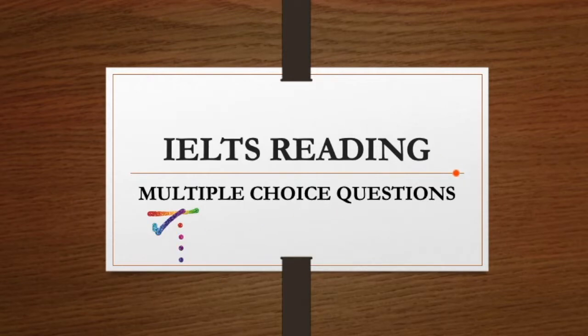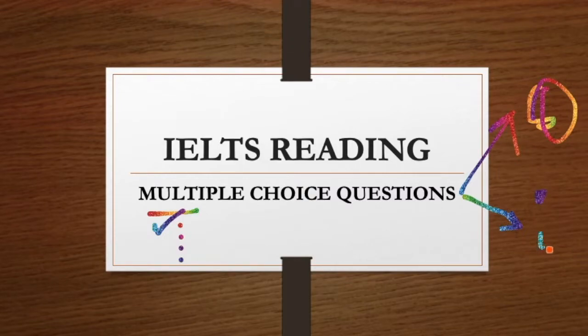Now the questions could be of two types. It could be multiple choice with single answer, and it could also be multiple choice with multiple answers. So there may be 6 options and you'll have to choose 3 out of 7 options given to you. So it is important that you read the question properly.